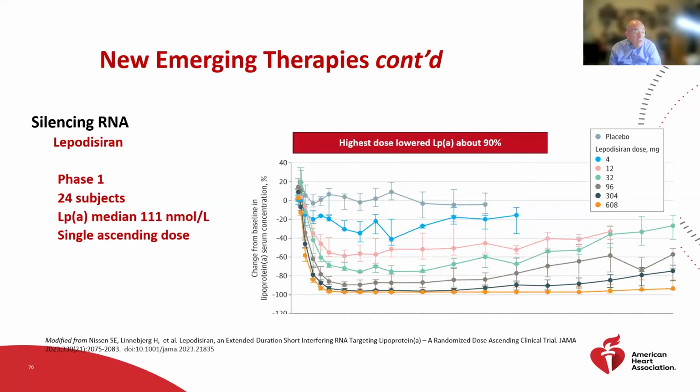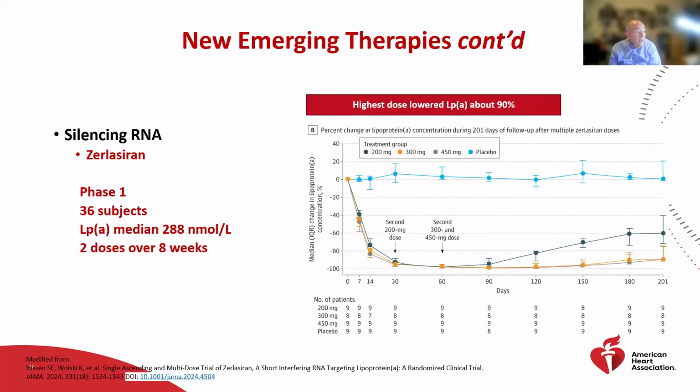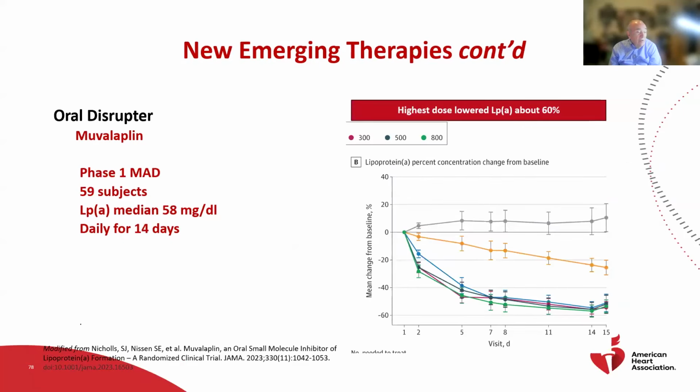This is a phase 1 dose finding study, a single ascending dose, and again, quite dramatic, remarkable reductions. This is zerlasiran, a phase 1 trial. The results are very repetitively incredibly good, these drugs and what they can do. And the last of these are